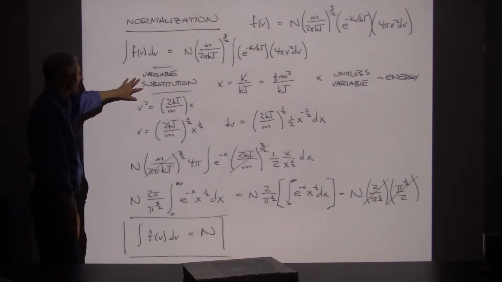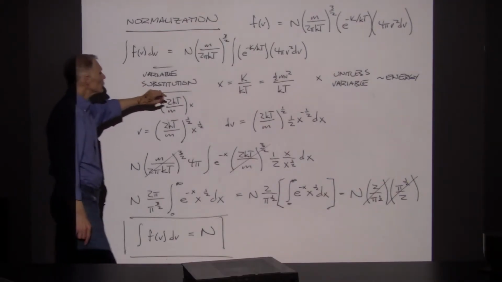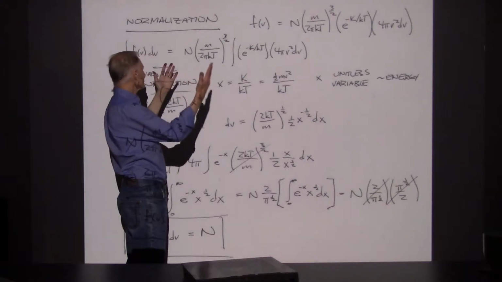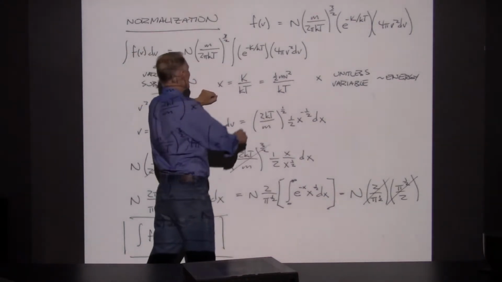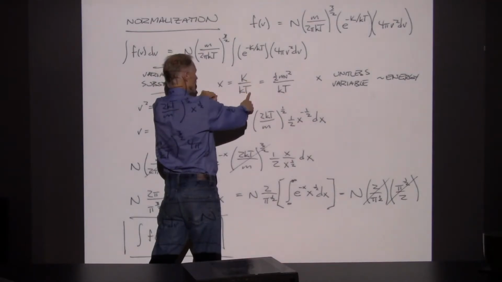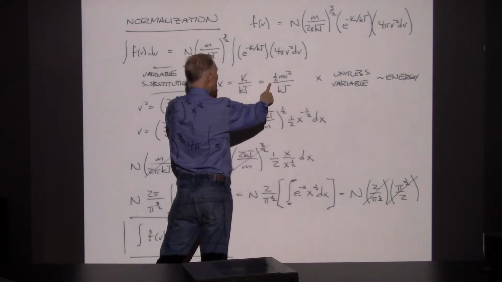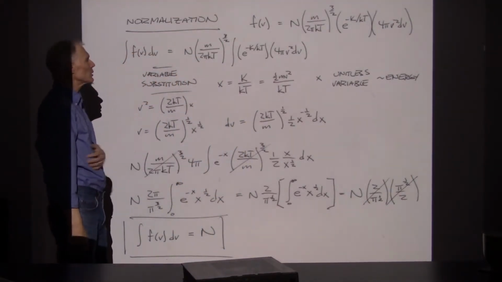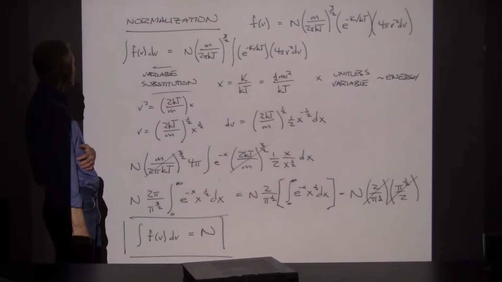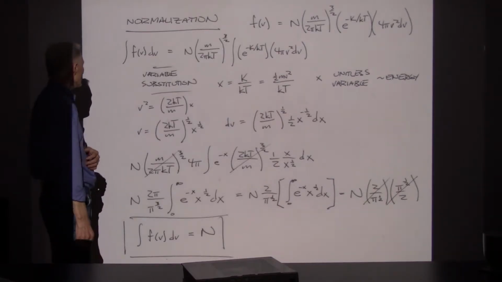Now, for variable substitution, I'm going to say that x, the variable I'm going to substitute in the integration, is the kinetic energy over kT. That's 1/2 mv squared over kT. x is a unitless variable proportional to the kinetic energy. And so